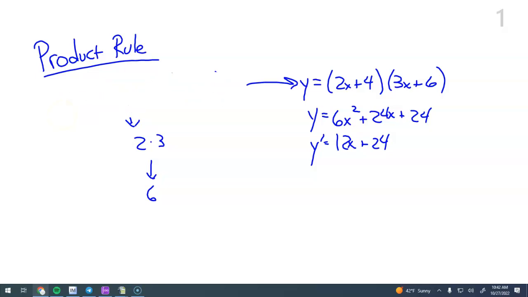But there is a trick that does work. Sometimes distributing it out and just doing it is totally fine and your best way to go. And honestly, in a lot of problems you get today, you don't need product rule. Some of the problems you don't need product rule, but we're practicing it because we will need it eventually. So what product rule says,